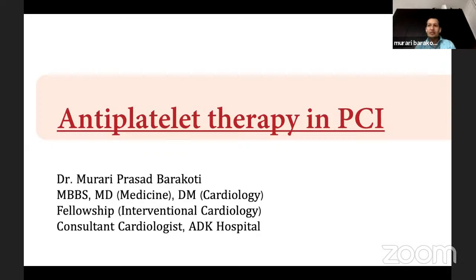I feel honored to present a topic which is quite important for most of us. Either you see it today or tomorrow or anytime, any member of the faculty can have this issue of having antiplatelet therapy, either in surgery or medicine or doing any procedure. Coming to the topic as such,